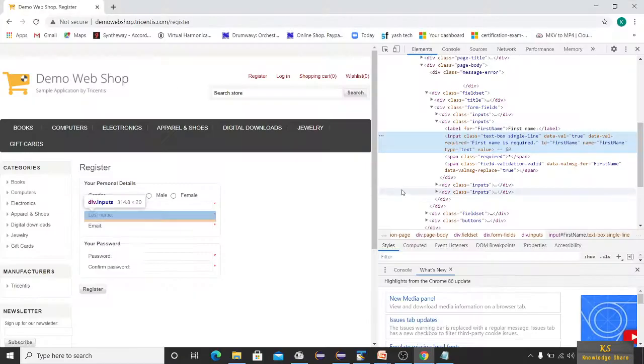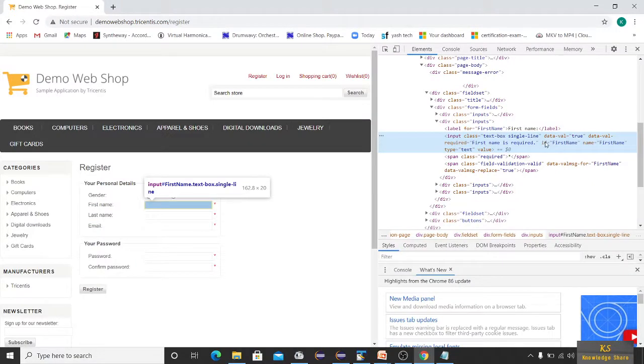ID attribute value means you can see the ID here, right? This is an attribute. Input is the tag name, and class, data-val-required, ID, name, type, these are all attributes. The text in double quotes for these attributes is called the attribute value.